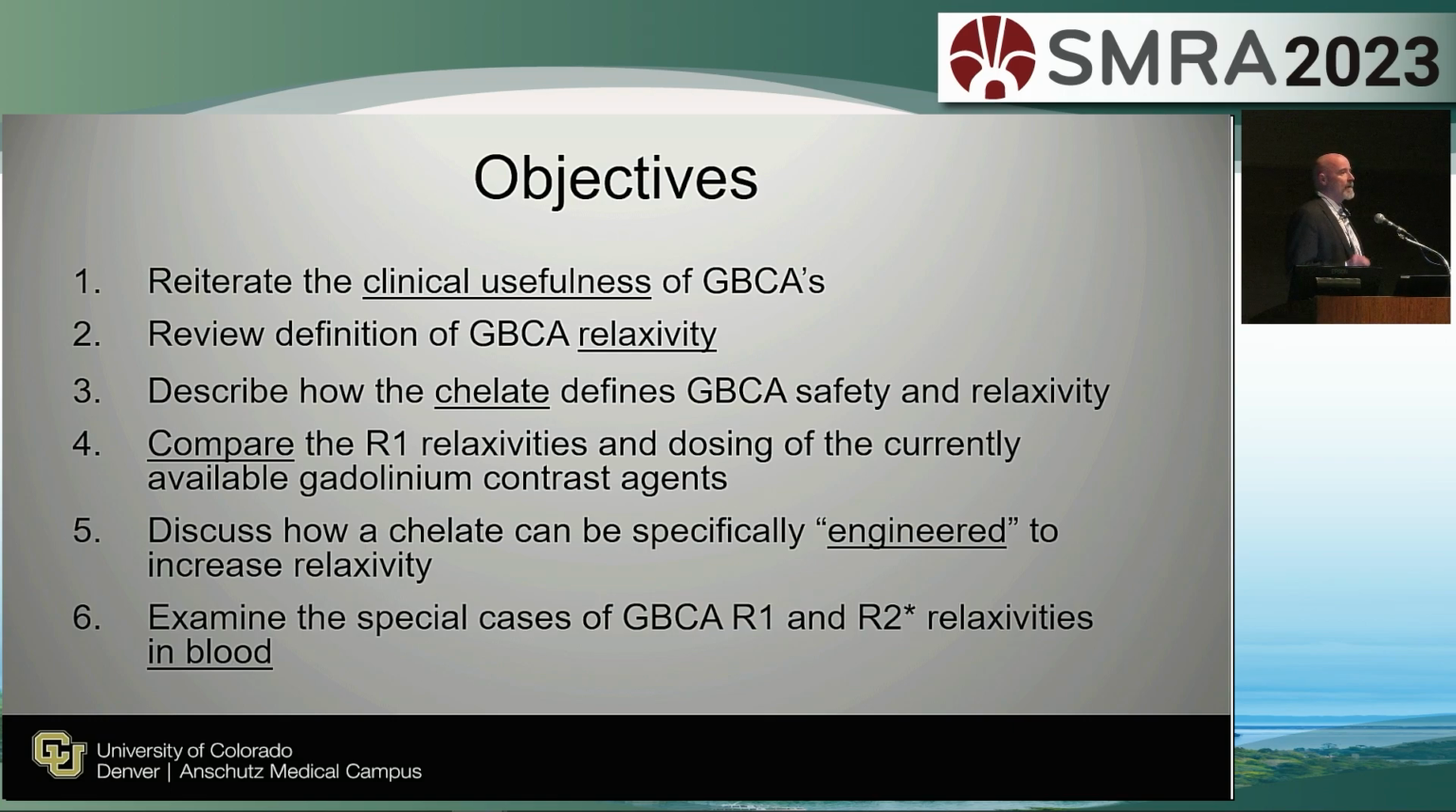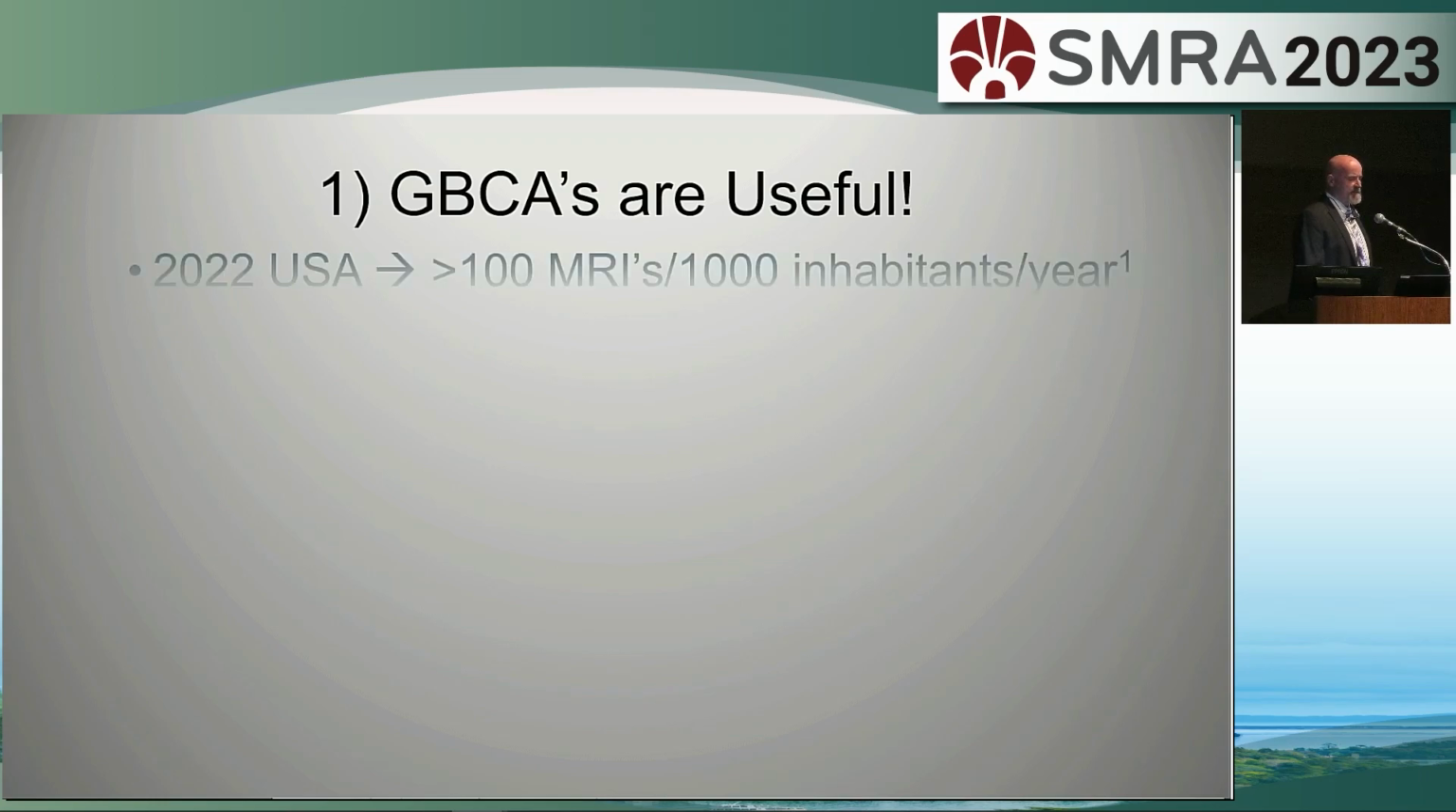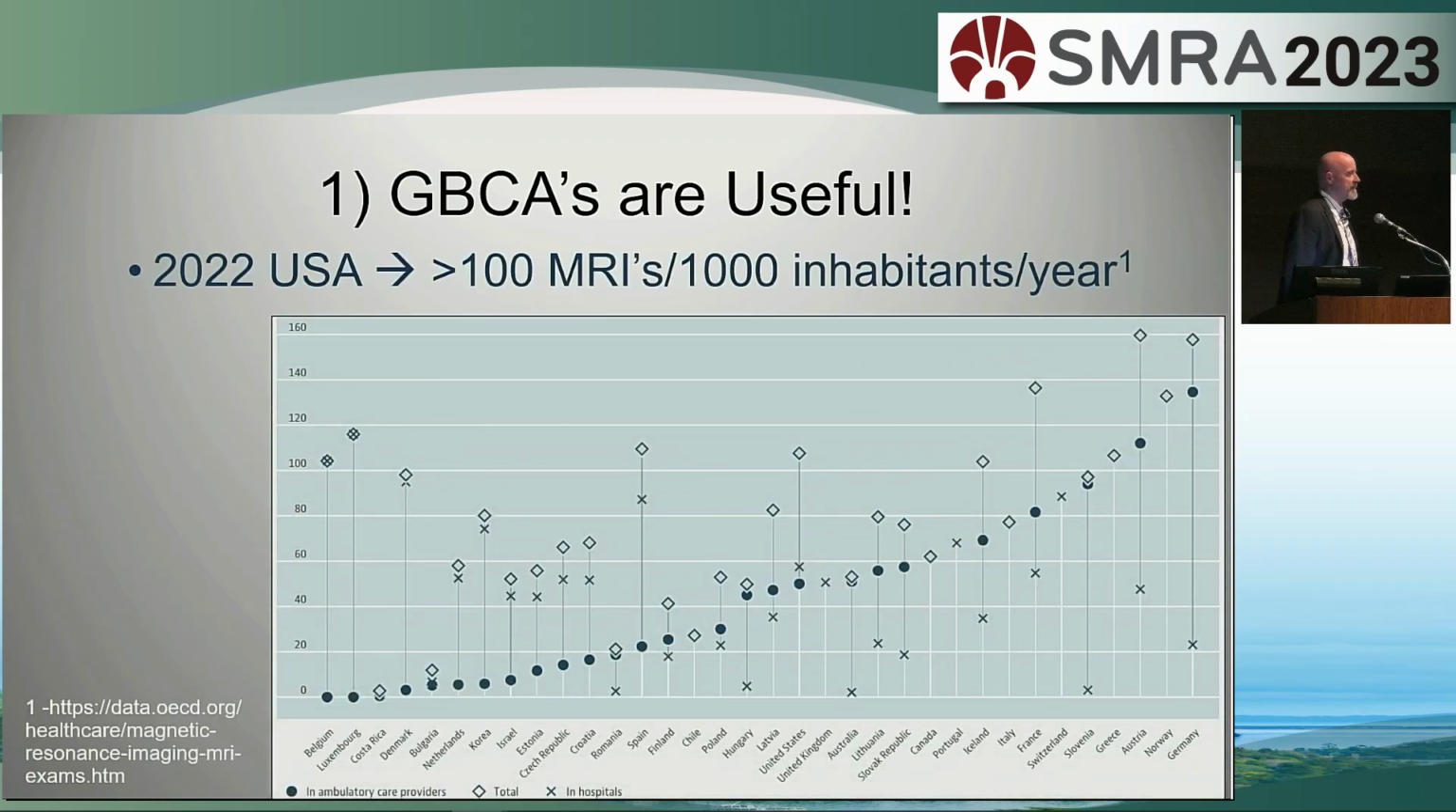And then what I think is going to be of most interest is to talk a little bit more, and I've talked about this before, about R1 and R2 star relaxivities in blood, which is really relevant to what we do in this society. So I don't think it's going to be too hard to convince most people that gadolinium